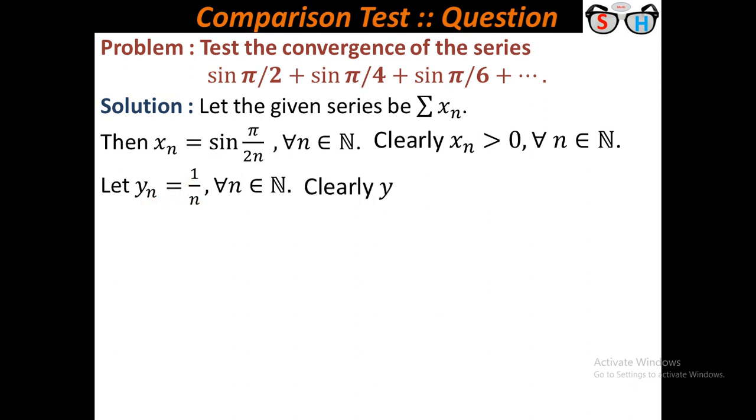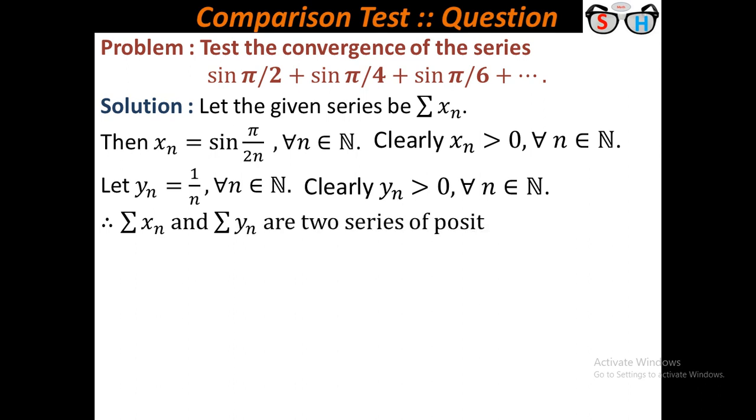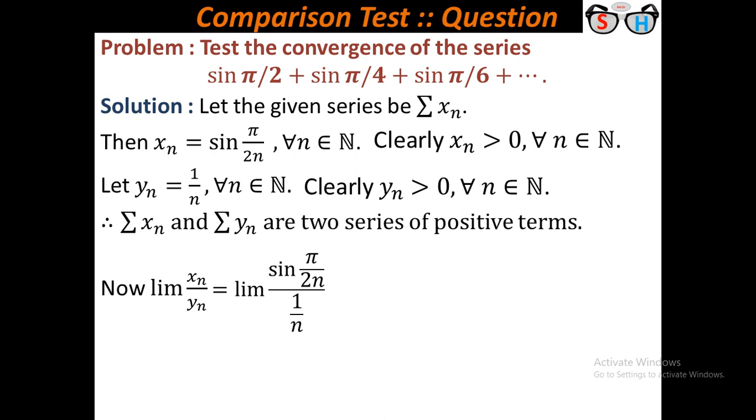Clearly yn is also positive, that is yn is a series of positive terms. So here xn and yn are both series of positive terms. Now we have to find limit xn by yn. Limit xn by yn equal to, here xn is sin pi by 2n and yn is 1 by n. Just here there is pi by 2n, so you have to write pi by 2 also. For that purpose we adjust pi by 2 in that relation, so that is we multiply pi by 2 in numerator as well as denominator, that is pi by 2 into limit sin pi by 2n into pi by 2